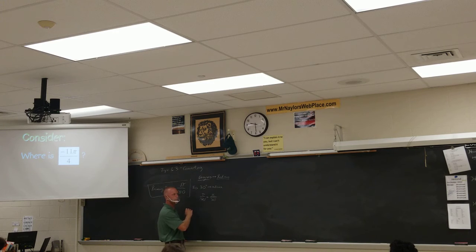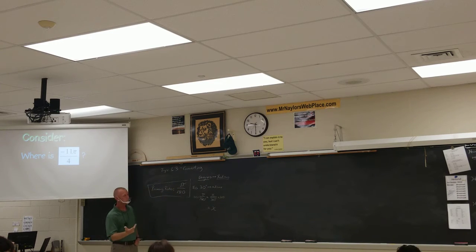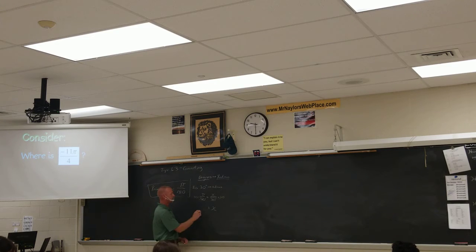And so I would say to you that you realize that the only thing that really needs to disappear, that needs to move, is the 30. So I'm not really going to cross multiply. I'm just going to multiply. I'm going to multiply by 30 because now x is isolated. If you cross multiply, now you got 180 moving around, and we don't need to move 180. So you multiply both sides by 30,